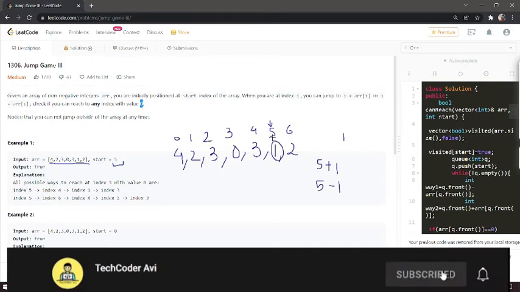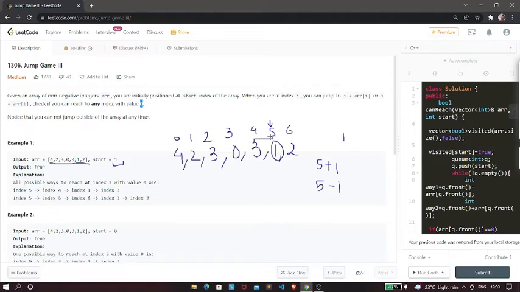So let's say that we move to 5 minus 1, that is index 4. Now the value over here is 3. So our i is 4 and the value arr[i] is 3.